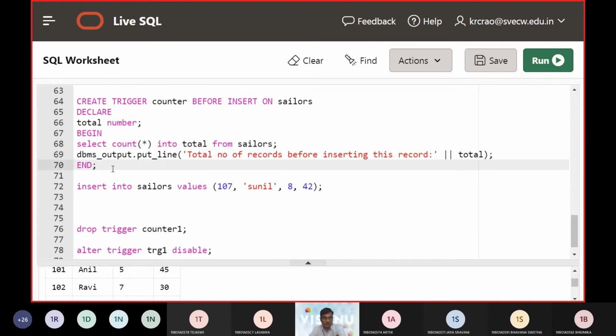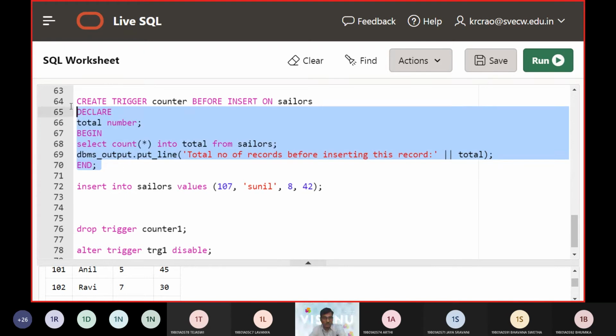We write the SQL command inside the PL/SQL block. We want to count how many rows are there before the insert operation takes place, and then we make total, use the single row function count, and that's how we take it up. Then we will display the total number of records before inserting.